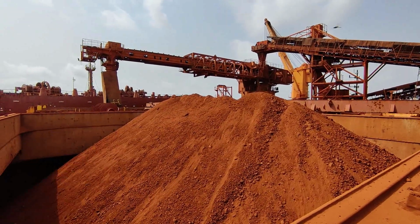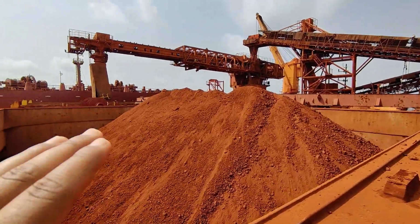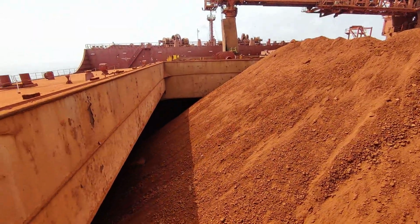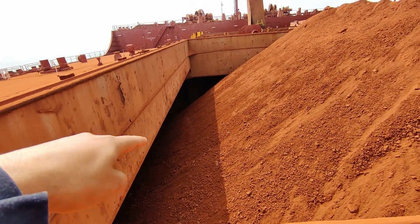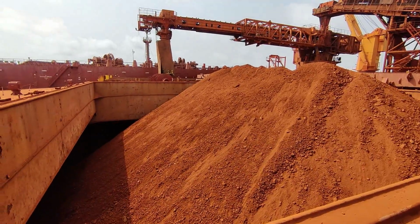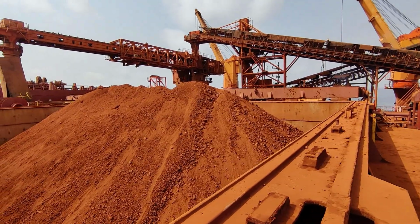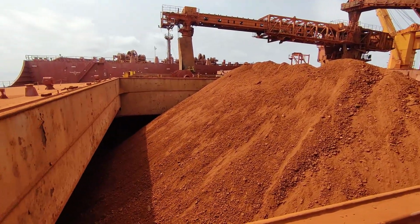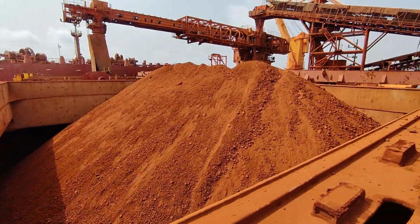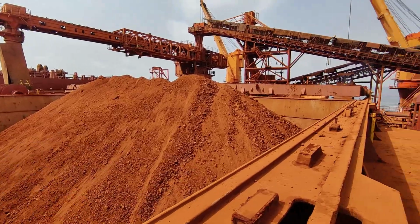And once this heap is almost above the coaming level of the hatch cover, then they will spread it out and evenly distribute it so that cargo can enter these empty spaces. This is called trimming. Once the cargo is trimmed to a certain level, they will load more, according to how the loading sequence is planned, up to the maximum cargo capacity of this cargo hold. And once it is done, they will do the trimming again, then we'll close the hatch